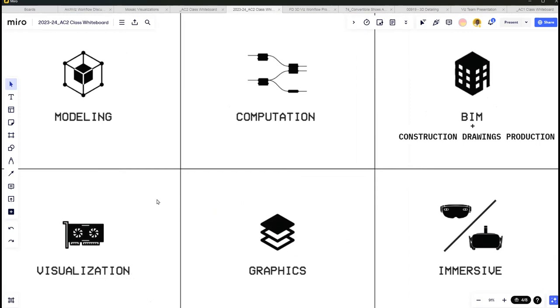Visualization, obviously, that's more up my alley, right? And visualization is not just rendering. Visualization also has to do with what you did last semester in Advanced Computing 1, which is why I showed you this there. So you're talking about illustrations. It kind of overlaps a little bit with graphics, but visualization also has a technical part to it,